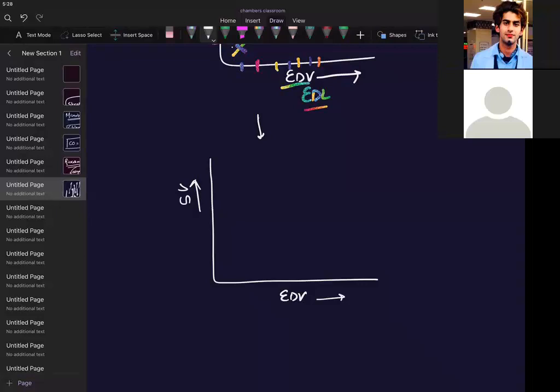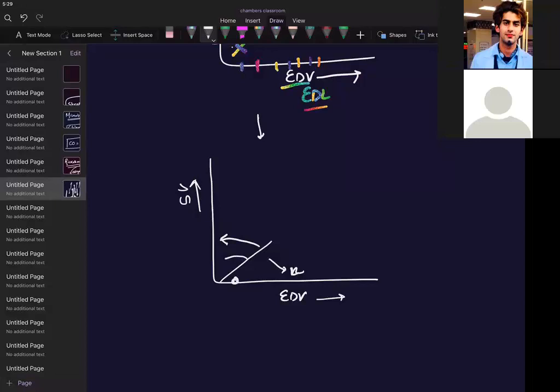See, I'm going to make the curve. Will that shift the curve? If this is the curve, will it shift more towards the left side or the right side? You have to take your right side and left side, not the patient's left side. Will you shift this graph more towards the left or more towards the right? You will shift it more towards the left side, so that you can achieve a greater stroke volume. And see, you will achieve it at a lesser end diastolic volume.